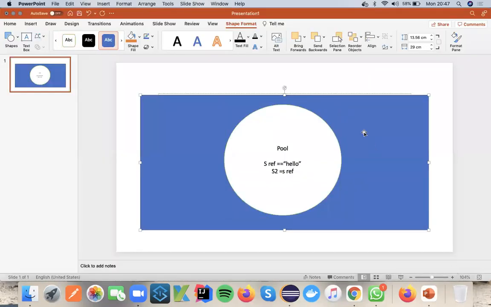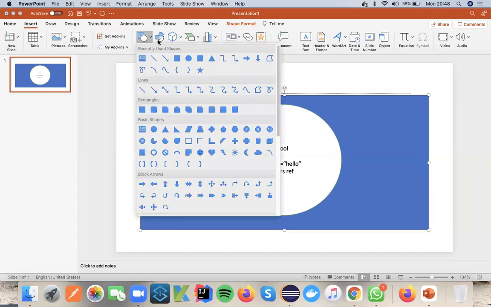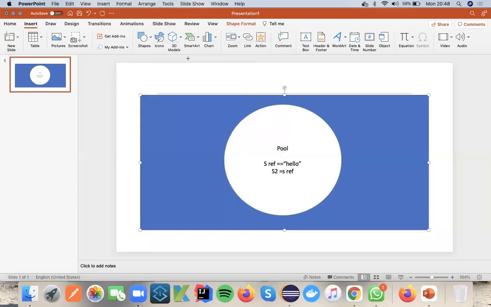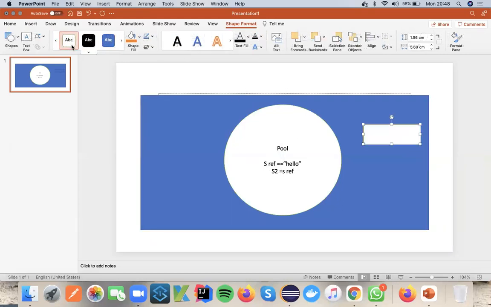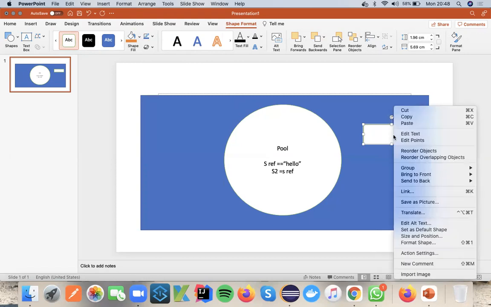This will go and be stored here. So let me add some design here. Insert shape so that we can write some text here. Edit text.